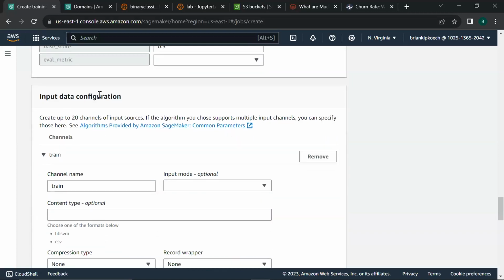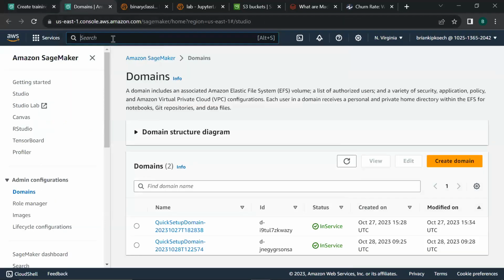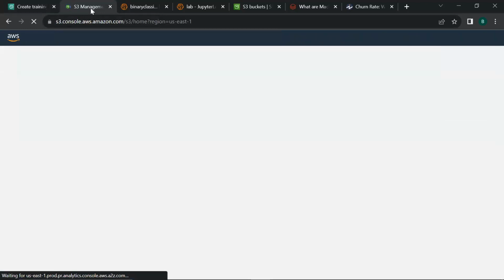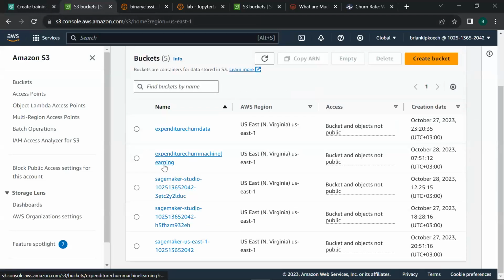So the next step is to select the data that we want to use to train our algorithm. I have already uploaded the data to S3 as well. That's a step that I already did before the class. So I'm going to just open it and show you. I have a bucket called expenditure churn machine learning.